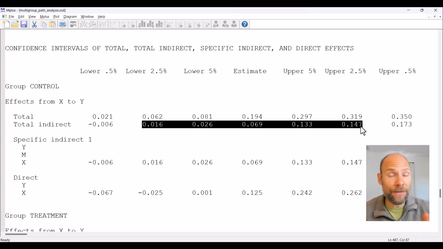So the 95% interval doesn't include 0, and this allows us to conclude that the indirect effect is statistically significant